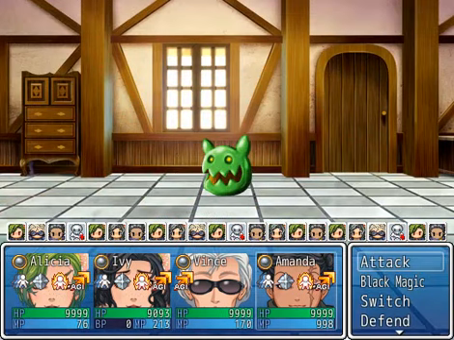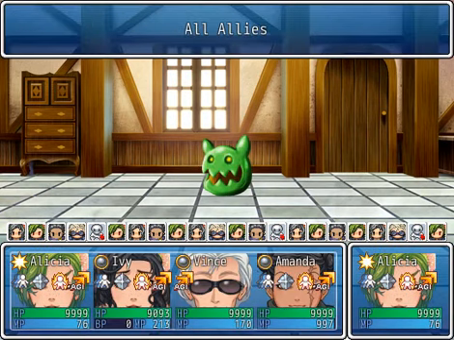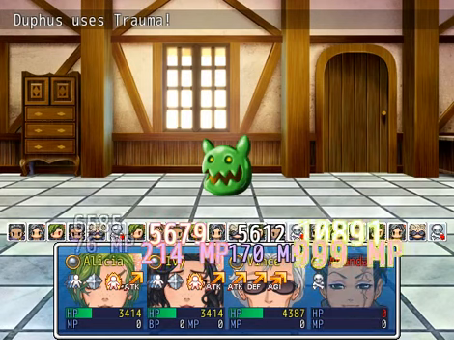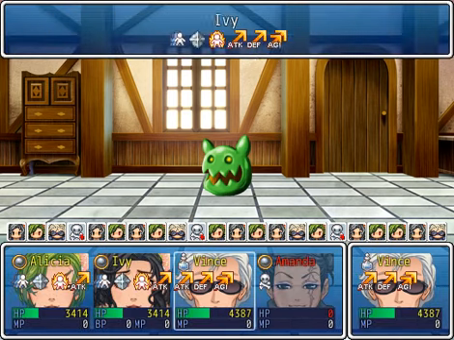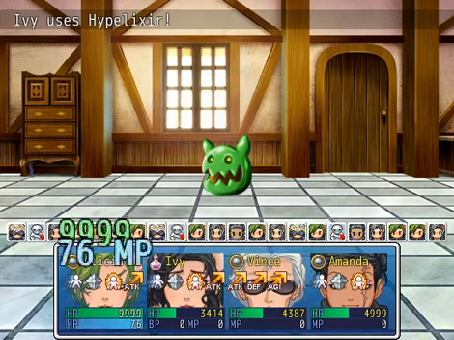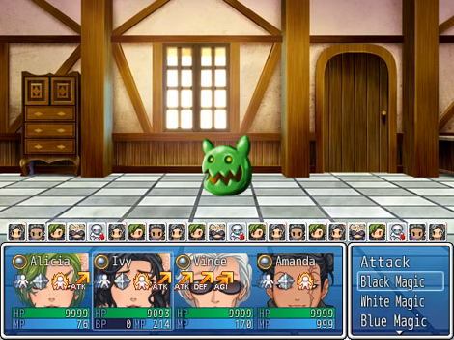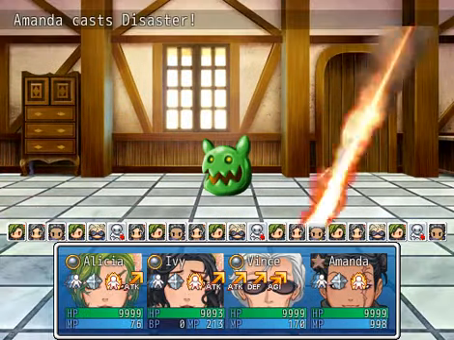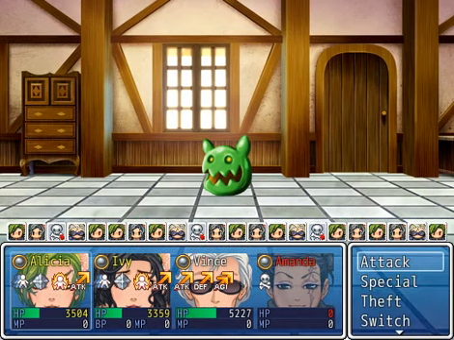And that is shockingly little damage. I wonder why. I think Ivy's magic stat is actually the higher of the two. That is really annoying. But okay. Ah, it's because it got a critical on Amanda that...